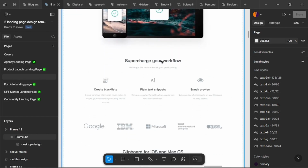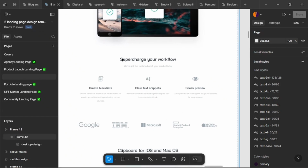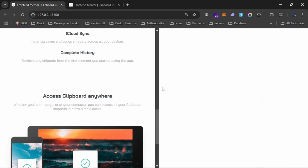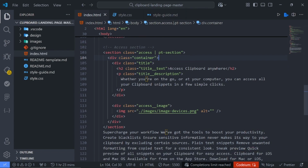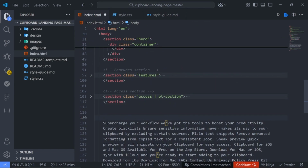So this part right here. So you already know the drill. We just need to bring in this title and structure each of these workflows right here. So let's go back and start from the mobile. So close this one, and I'll call this one workflow section,